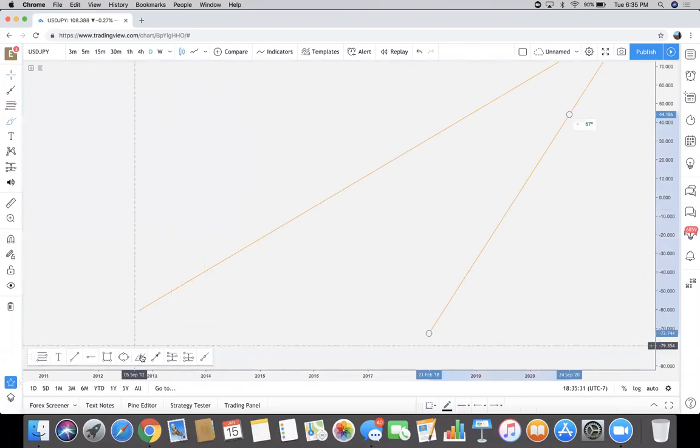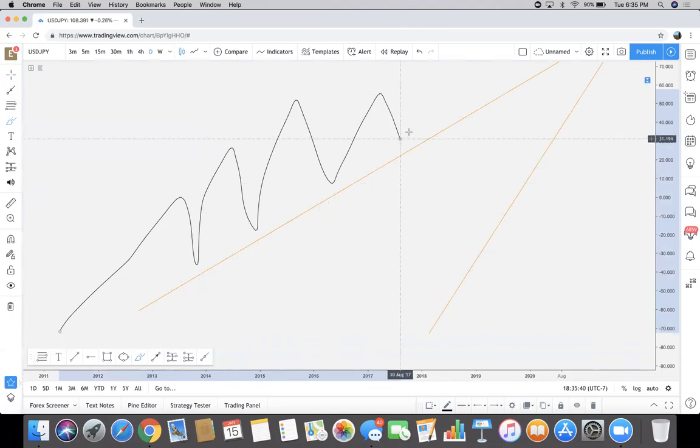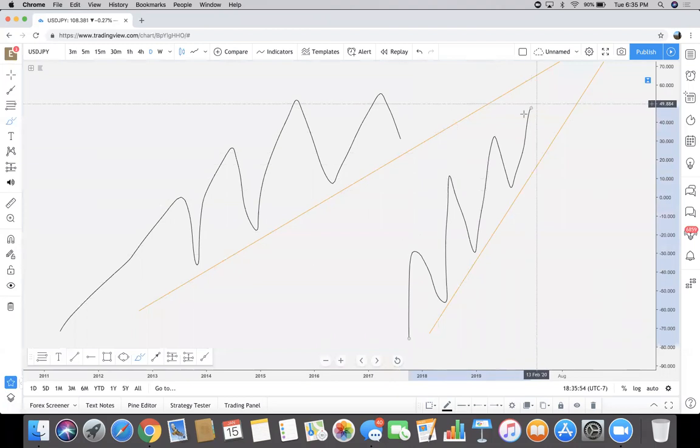I'm trying to see if I can see some sort of pattern, but I have noticed that the trend lines that go like this are a little bit slower, and they're a little bit more what I like to call safe. So these ones, if trends are moving just crazy, straight up like this, that tells me that this is going to be exhausted pretty quickly, and I should be looking for break and retest